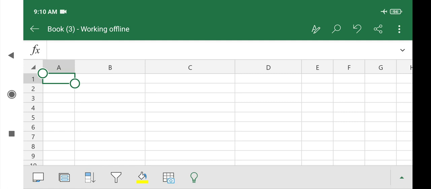But how to write down the syntax? First of all, we have to choose the keyword after putting equals to. Don't forget that if you are writing any formula, you have to put the equals to symbol. You put equals to, then you select the IF function. If you write IF, then the first bracket needs to be opened, then you select the condition, where the value is given. You select this one, and apply the operators greater than, less than, whatever you feel like. After applying it, put a comma. If the condition is true, then write under double quotation the true statement, then comma. If it is false, then write under double quotation the false statement, and the bracket will close. So in this manner we have to write down the formula.